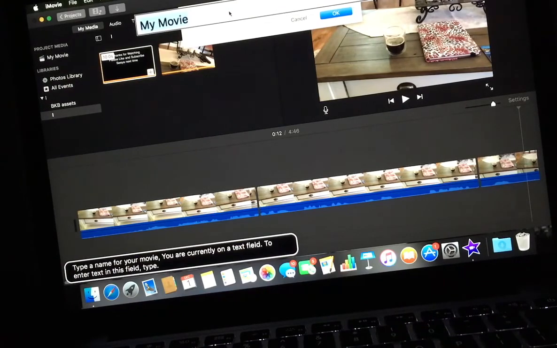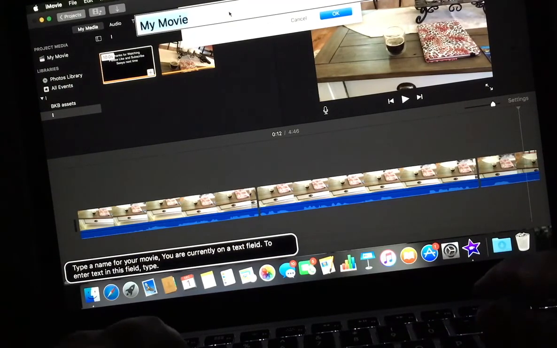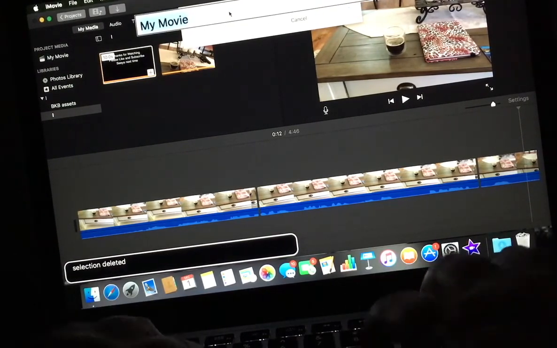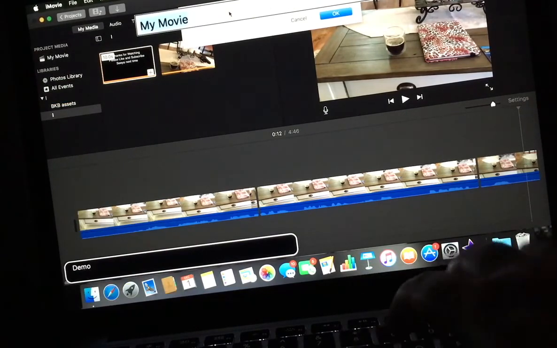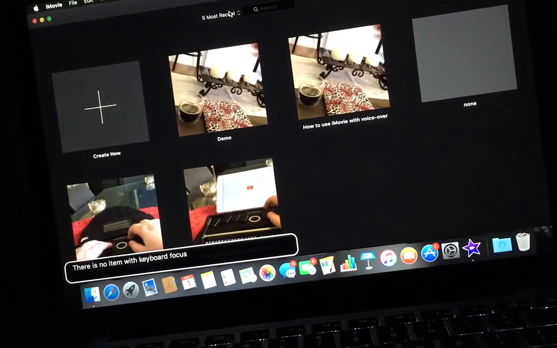To enter text in this field, you type a name, so I'm going to call it selection demo, D-E-M-O, demo. And then you press enter, and then you will lose keyboard focus. So we have to